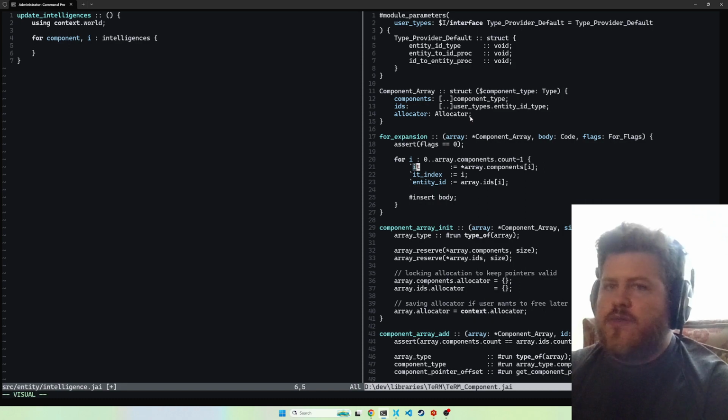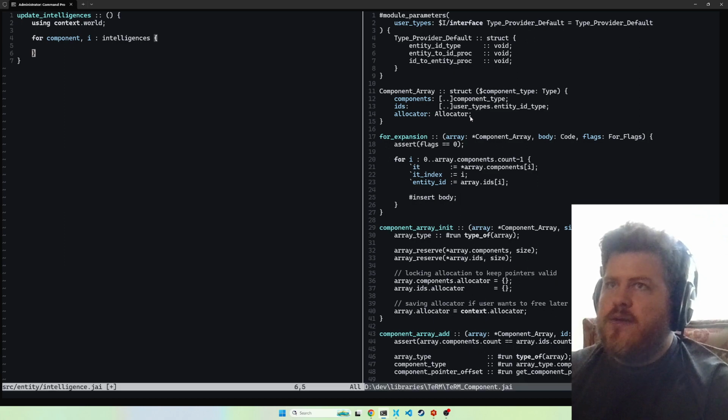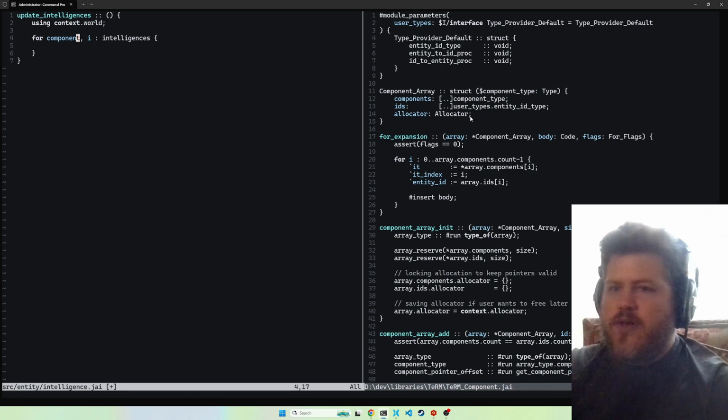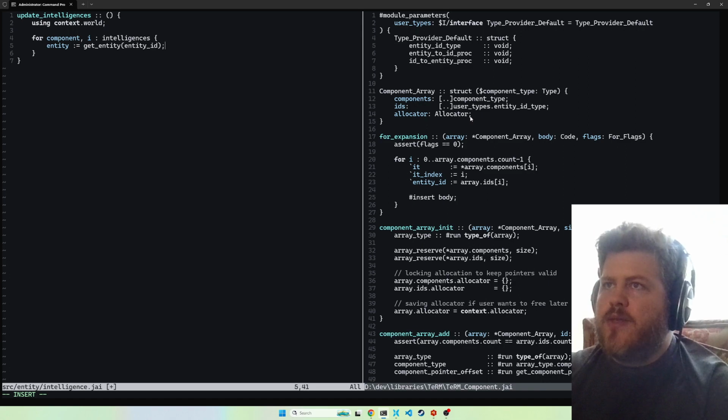Instead of using the token it, I want to use the token component. Instead of using token it index, I'm going to use the token I. So I'm iterating over all the components, and I have access to the component itself as well as its index. And in here I can just say entity is equal to get entity of entity ID,